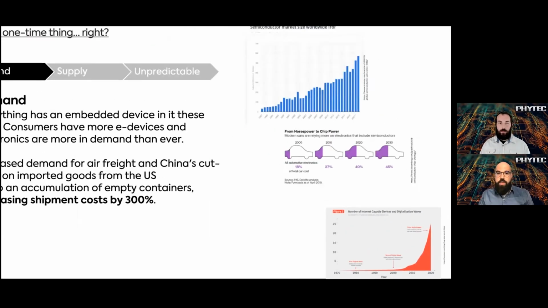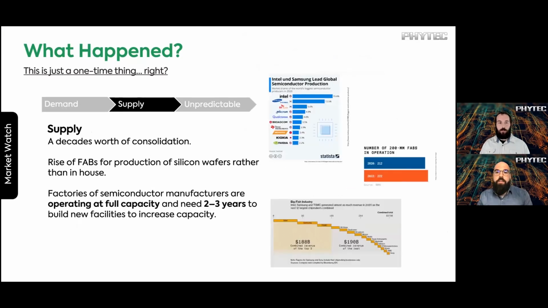And then on the supply side, we cannot keep up. The demand is spiking drastically, but factories to be set up to work at full capacity and to be efficient takes up to 3 years to really go to that stage. So you really want to think about that. The whole 30 weeks lead time I mentioned earlier is at full capacity, in a factory that is operating very efficiently. But you also need to get to that point,